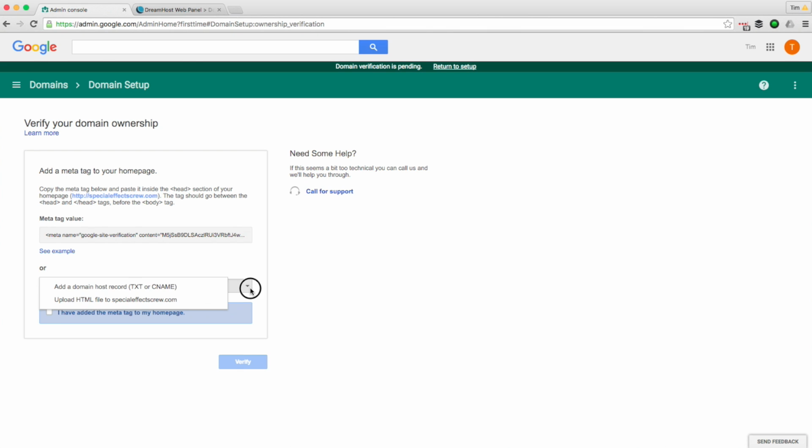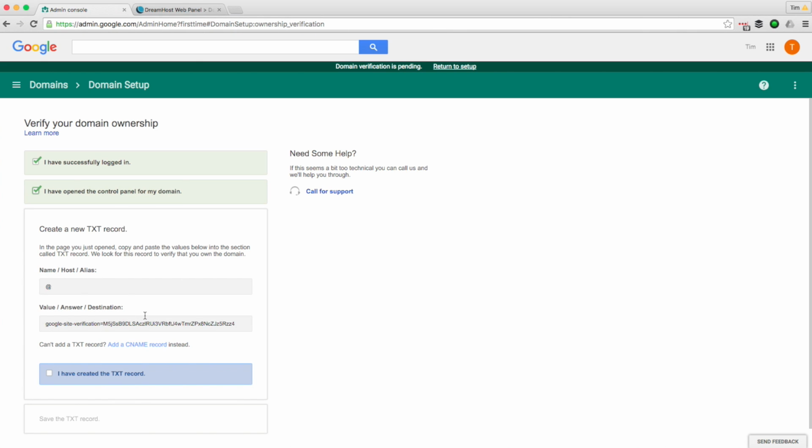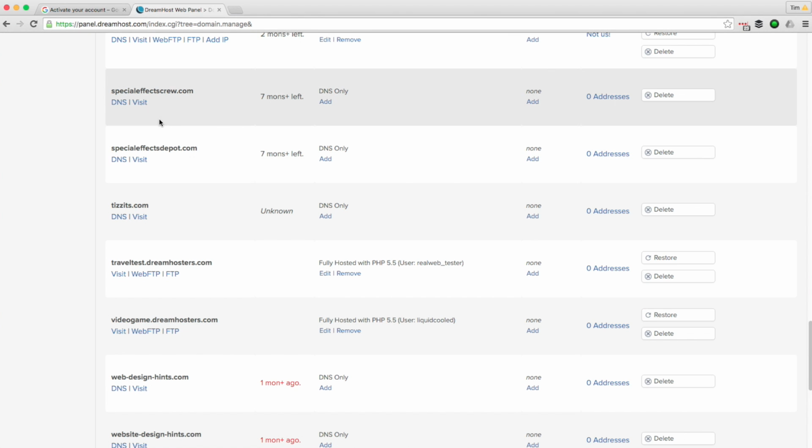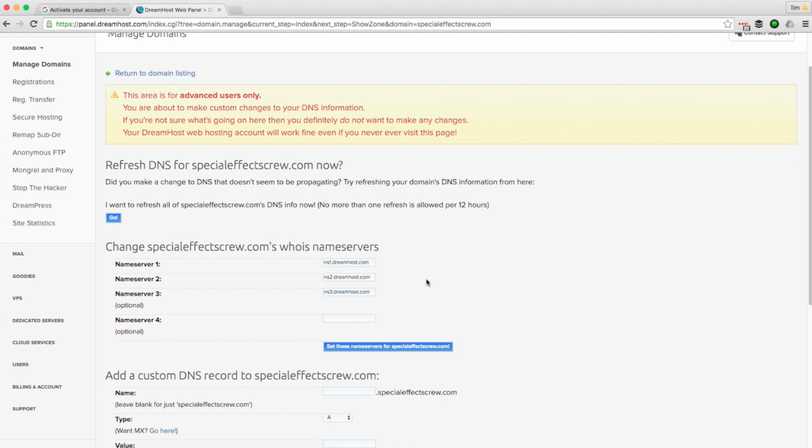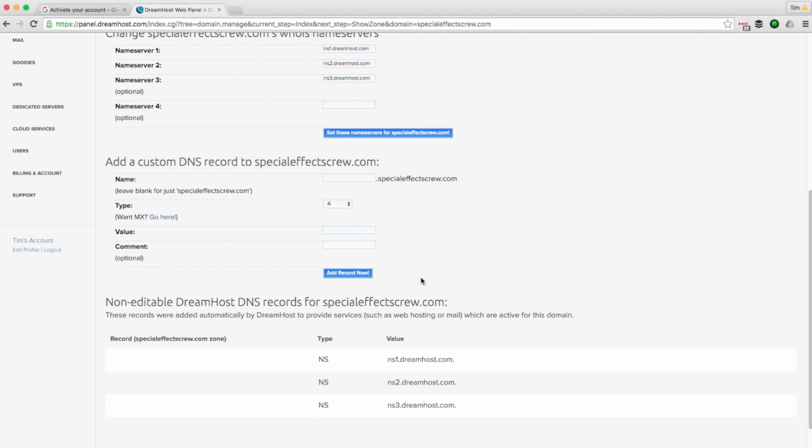So we want to click on Add CNAME or TXT record. And then we want to log in to where we have our domain registered. In my case, I've got it registered over at DreamHost. I'm going to go ahead and find that and then click on DNS. Your situation might be a little bit different, but the general principle is the same on any hosting company or